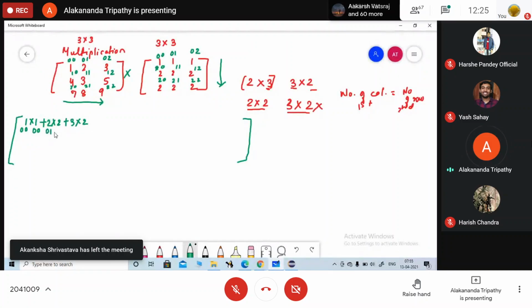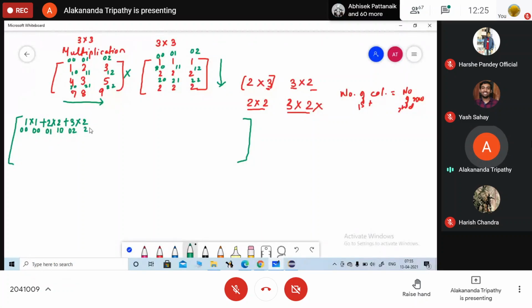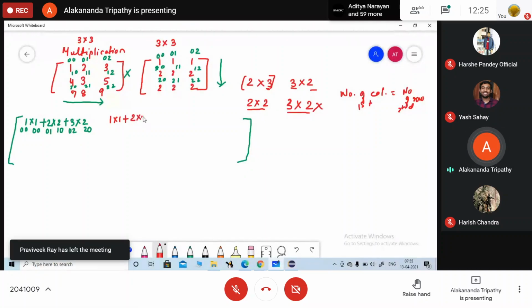Then 0 1 is multiplied with 1 0. 0 2 and this one is 2 0. Similarly, for this particular value 1 into 1 plus 2 into 2 plus 3 into 2.